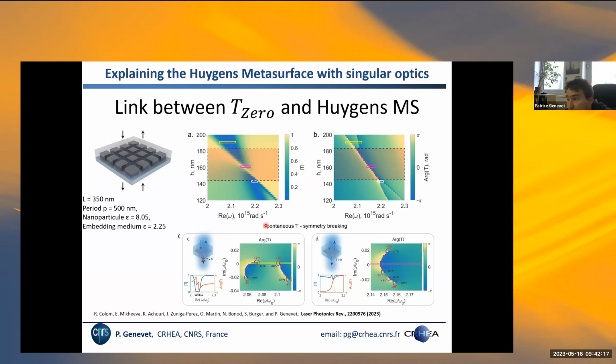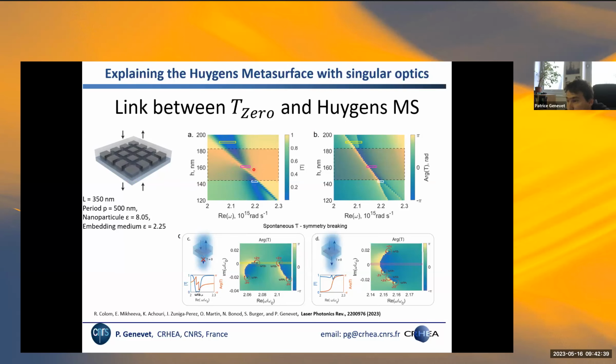And if you look at the complex plot, the phase of this complex excitation plot, you see that you have 1 zero here that is associated to 1 resonance and another zero here associated to a second resonance. They are very separated apart, and they are on the real axis. I remind you, because there is no loss, they are supposed to be on the real axis by a symmetry consideration.